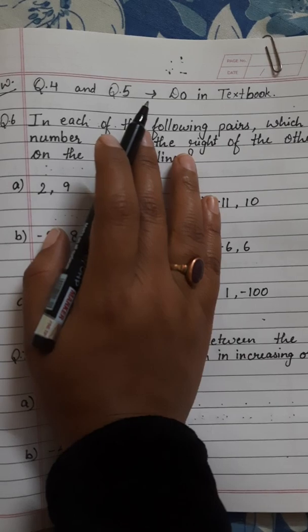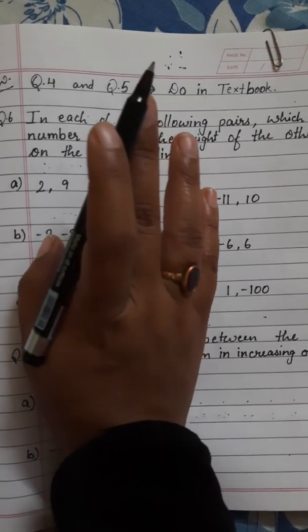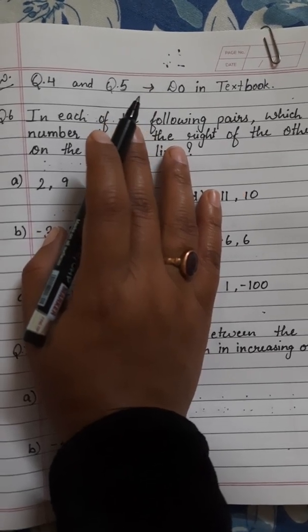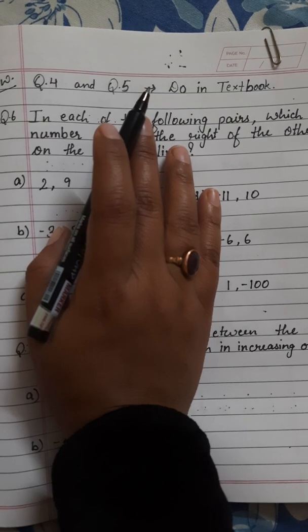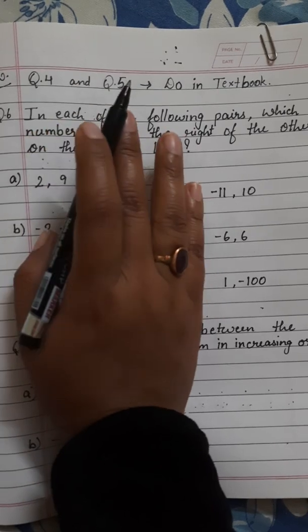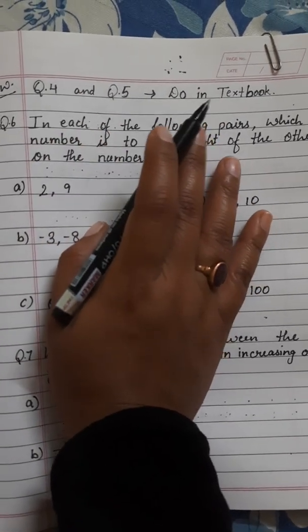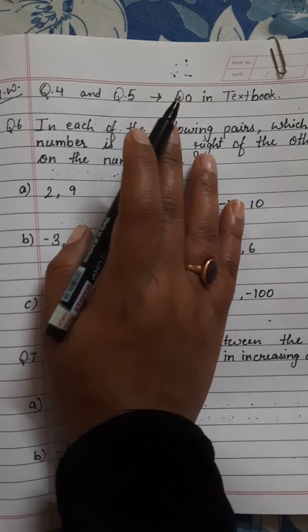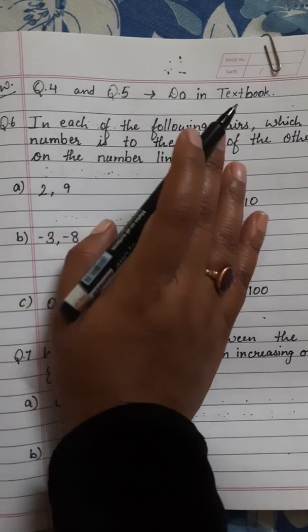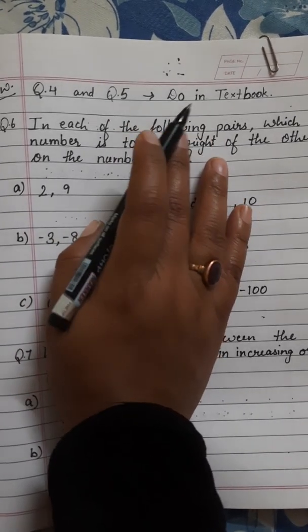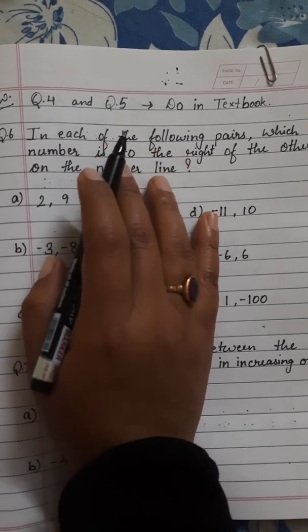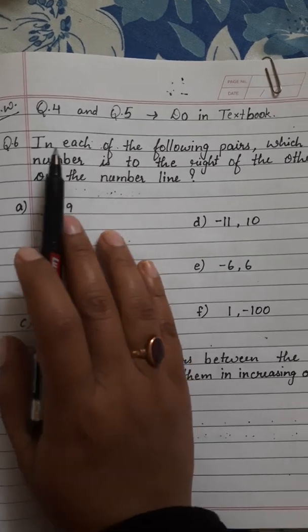Questions 4 and 5 are very easy and based on the previous videos which we have already seen. So you will be able to do it, and they are not lengthy types of sums, we can say. So you don't need to do them in your notebook. Just do them in your textbook as your homework. And if you find any difficulty, meaning you are not finding the answer, you can check your answer from the back side of your textbook. Answers are given there. You can check your answer, but before that try to do it on your own. Okay. Now next, question number 6.